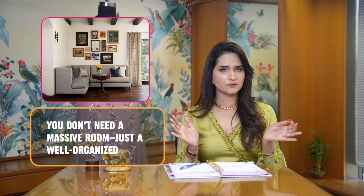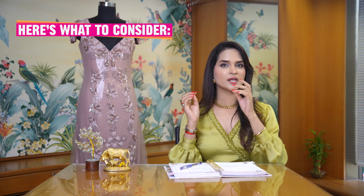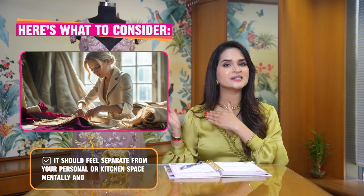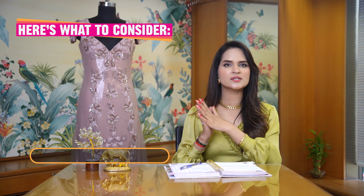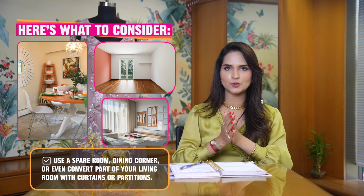You don't need a massive room, just a well-organized space. Here's what you need to consider. Choose a spot that's well lit, preferably with natural sunlight. It should feel separate from your personal or kitchen space, mentally and visually. Now, if possible, use a spare room, dining corner, or even convert a part of your living room with curtains